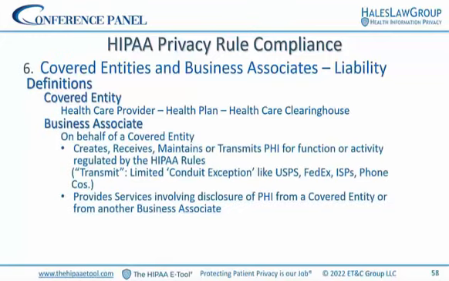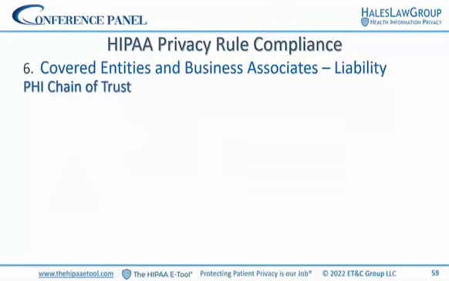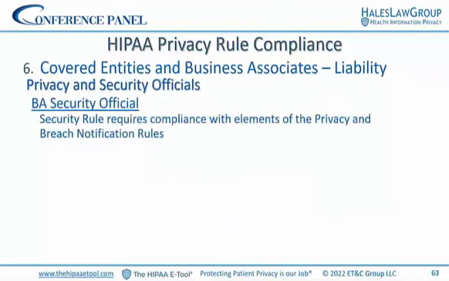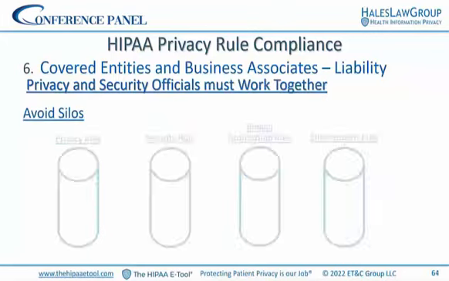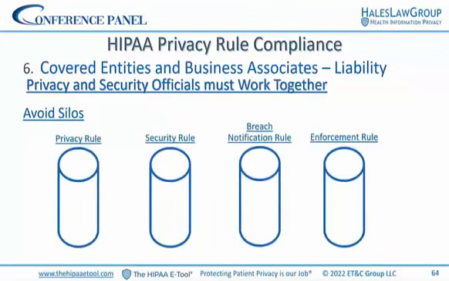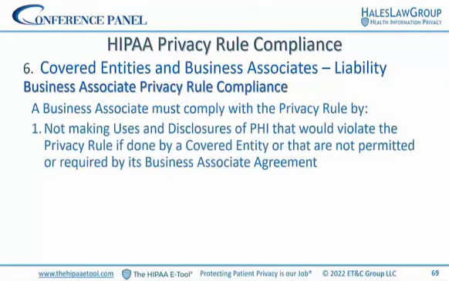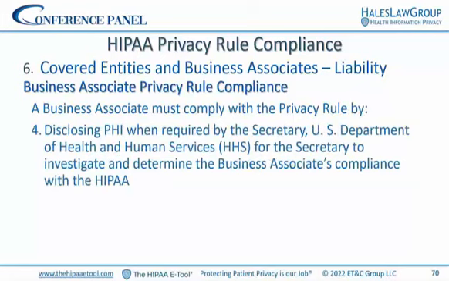Now we've gone through the covered entity and business associate descriptions. So there is a chain of trust and the business associate. Now, the business associate security official, the one that is to develop on behalf of the covered entity and the business associate, and the privacy and security officials have to work together. Business associate security rule compliance by not making uses or disclosures that would violate the privacy rule, protected health information, required by the